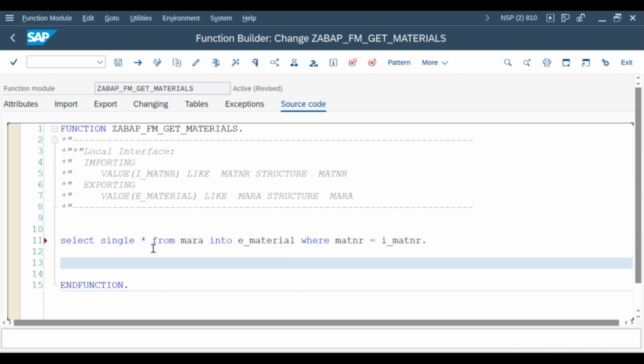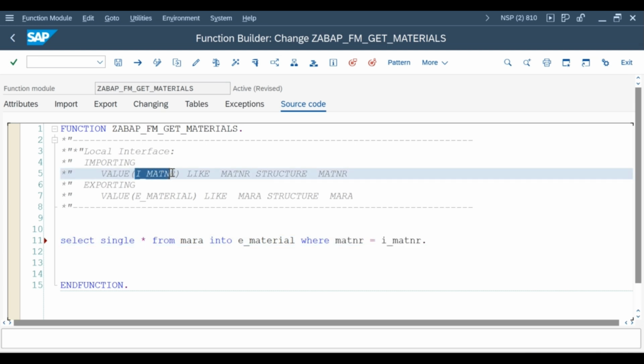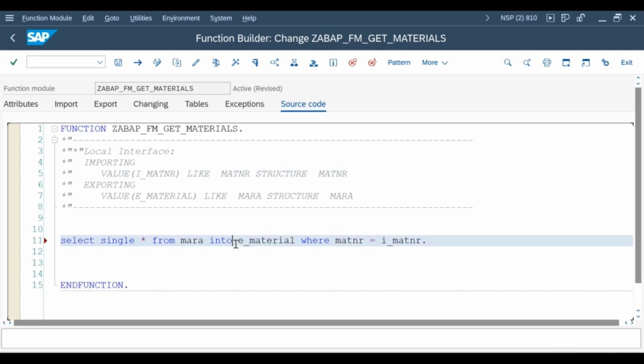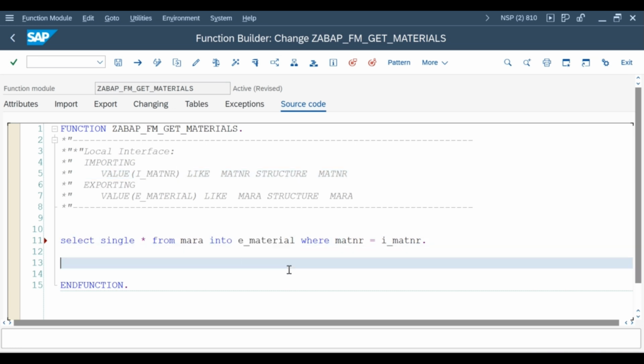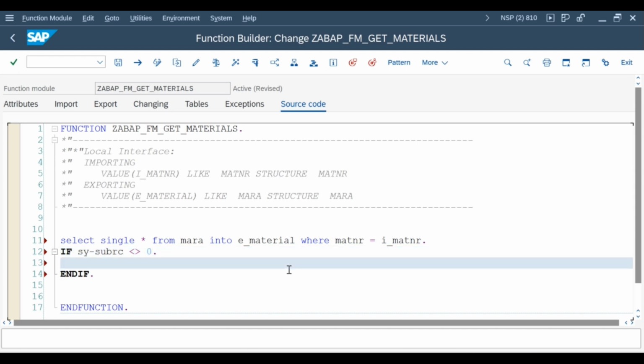So what is the condition? The condition is that from the MARA table, for the material number, I need to pass the importing parameter value, which is I_MATNR. Very simple. So we'll get all the details over here. Now what I will do is check the condition. If sy-subrc is not equal to 0, in case this is not equal to 0, then I will say